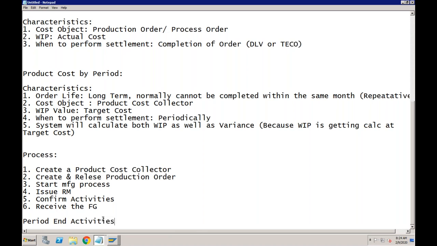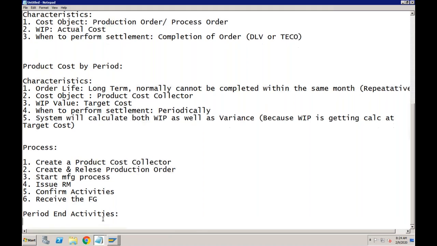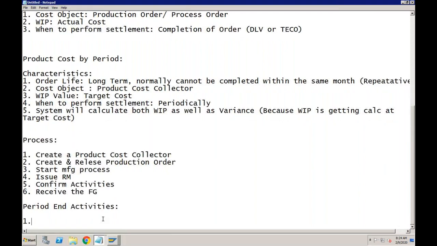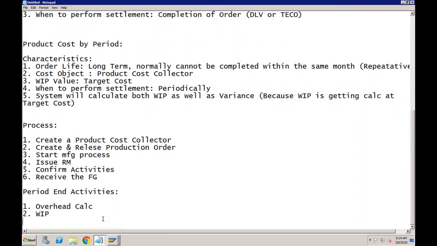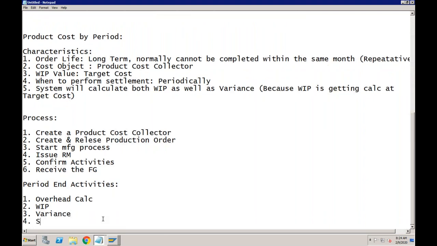Okay, so what are the period end activities here? The period end activities again are overhead calculation. You have to calculate the overheads. Again, same, you have to calculate the WIP. You have to calculate the variance, and you have to settle the variance. Again, all four things which we have done in case of